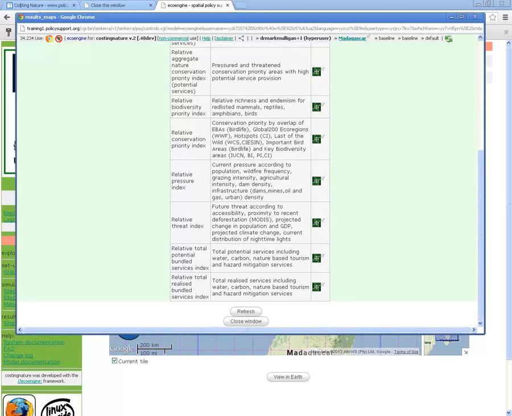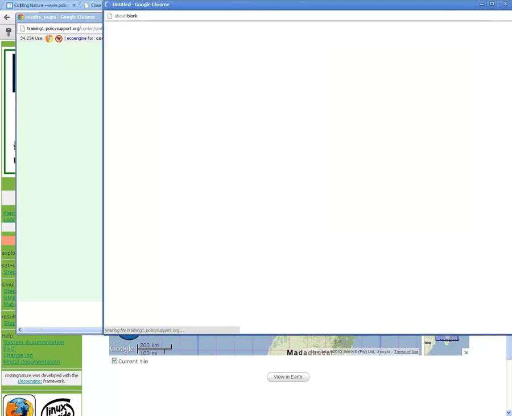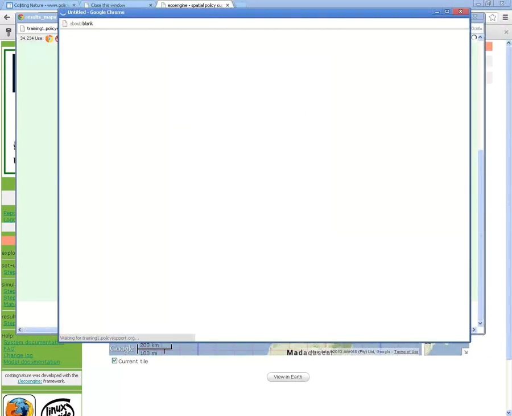And then finally we have the total potential ecosystem services, so that includes those 4: water, carbon, nature-based tourism, and hazard mitigation. And we have the total realized bundled services, which is the same services, but this is the realized services. So if we have a look at the total realized services for this area,